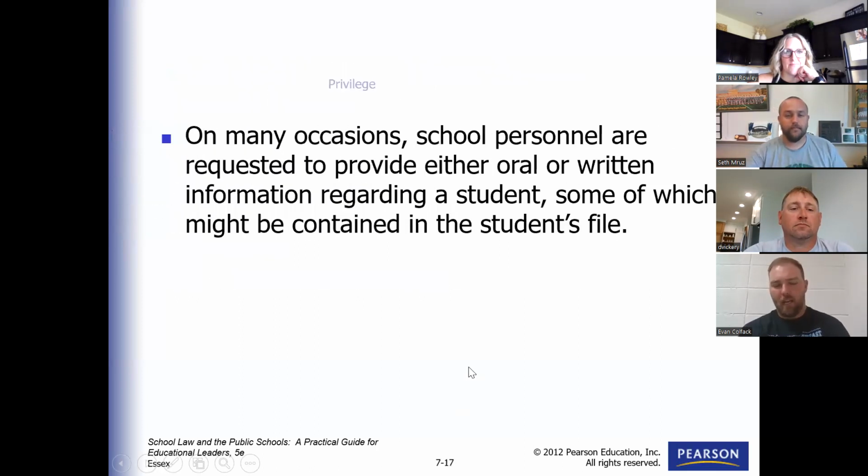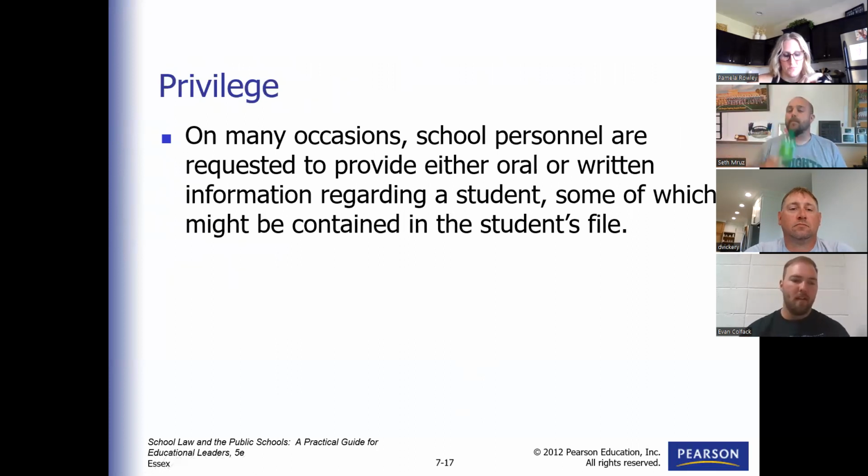Okay, so now I get to talk about privilege and good faith. And I feel like I'm kind of the opposite of what we just learned about. Not necessarily the opposite of FERPA, but in these first few weeks, we keep talking about policies and having our ducks in a row. That's kind of FERPA. You can have all these policies to protect student information and teachers' information and have everything squared away. But with privilege, we have to make policies to get around those policies